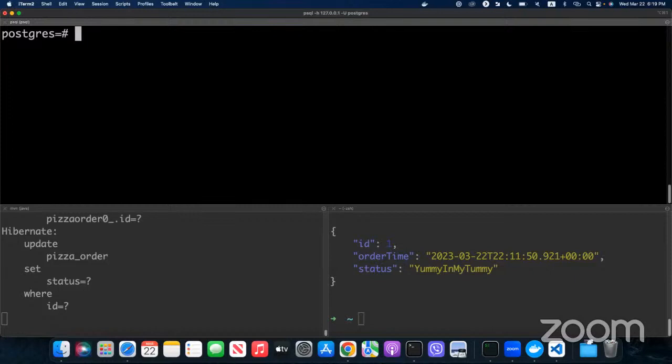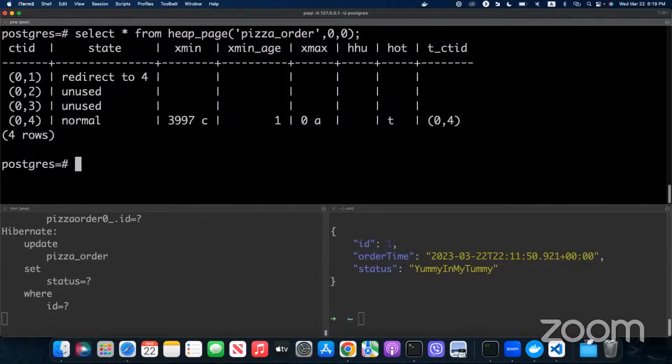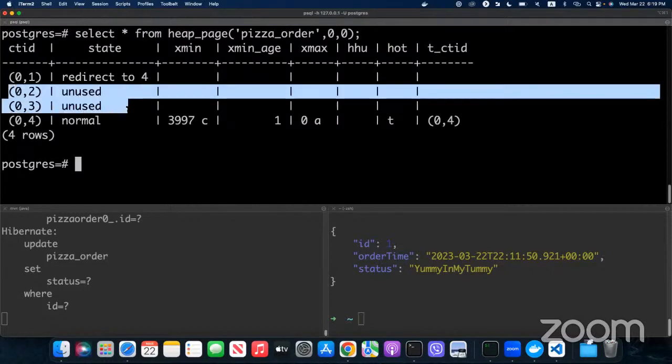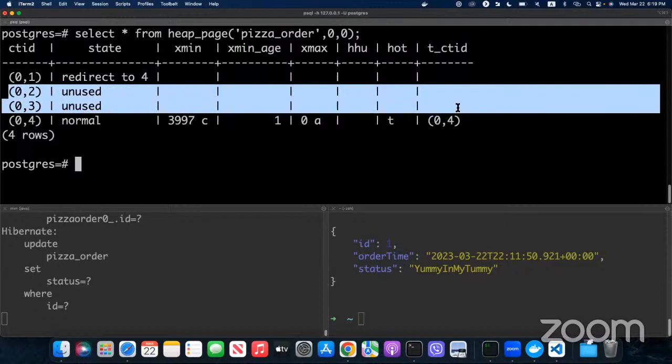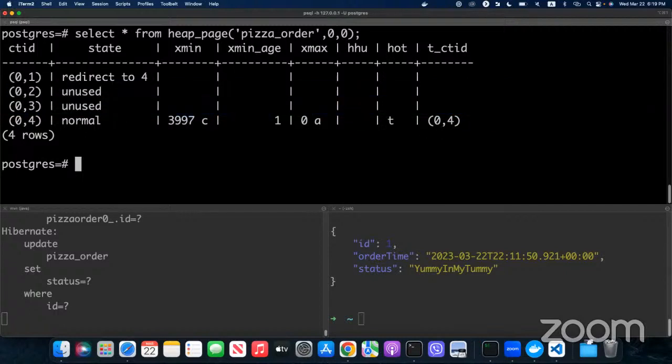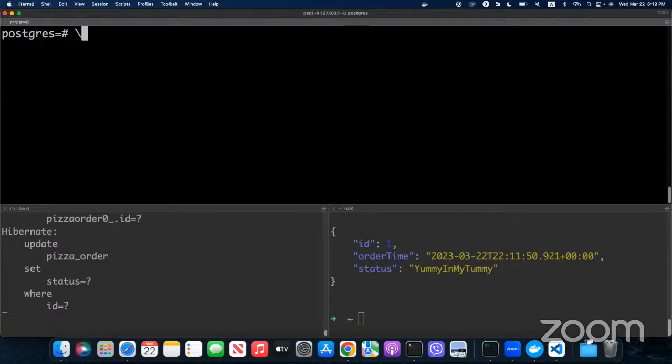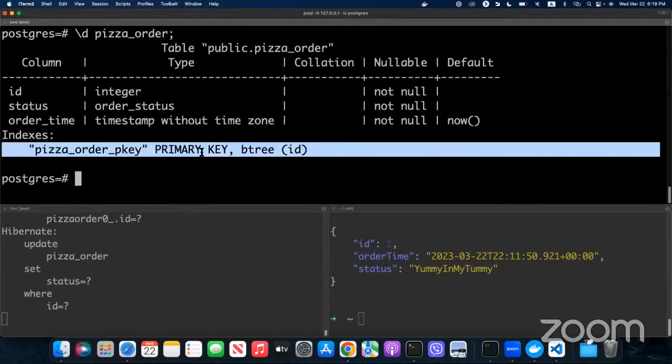But now, if you check the state of the Postgres memory, you can see that this space is free. It was labeled as free one, and it can be reused by future requests. Why does this one say redirect to number 4? I have a primary index in the pizza order table. That's the primary index, and the primary index was referring to the first version of the record when the status